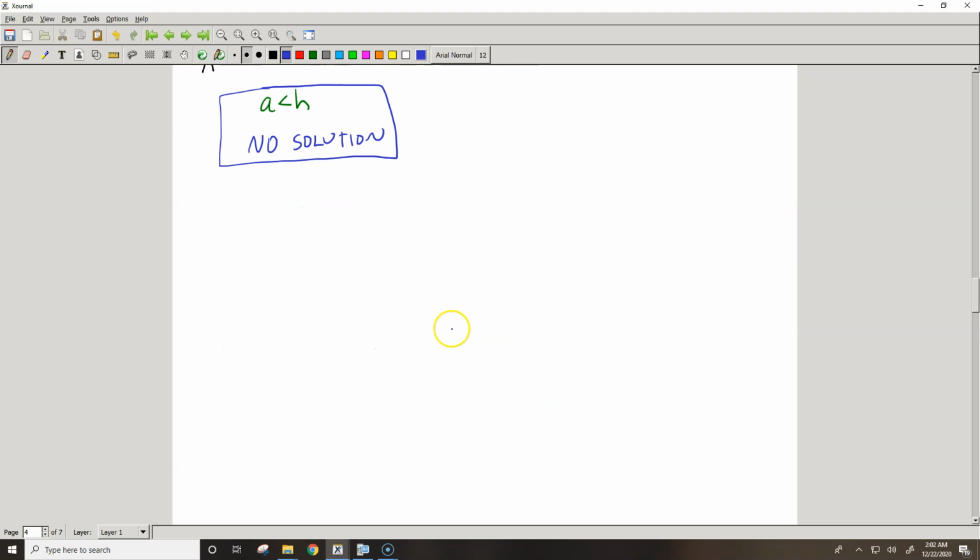So let's kind of draw another little triangle here. And so if I have, I'll say this is A, here's B. If this side A is greater than B, right? If it's greater than B, let's just say it's like way out here. So if A is just bigger than B,